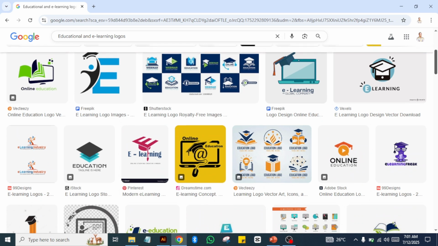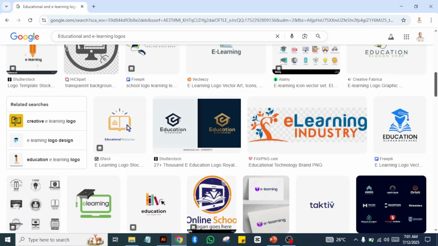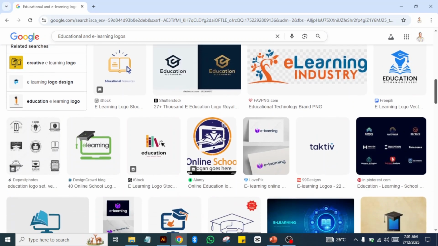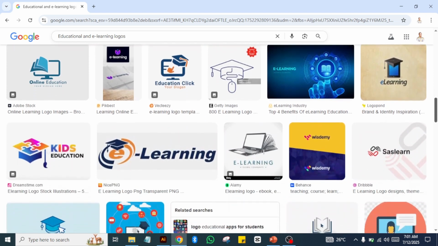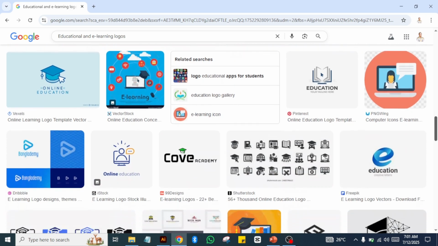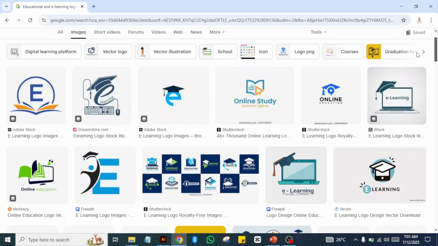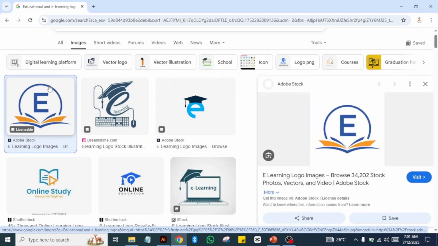Now, these are educational logos. You see the way there are many logos here. This is only a research on Google, all of this is actually logos. Now, what we need to do, for example, if you have something like this, you click on this logo,